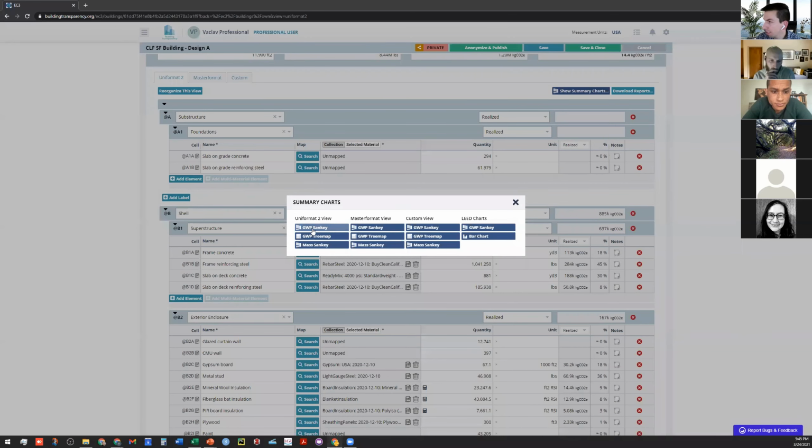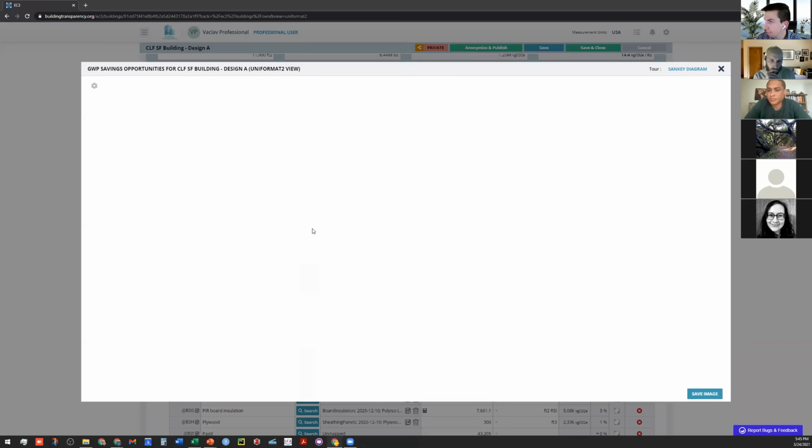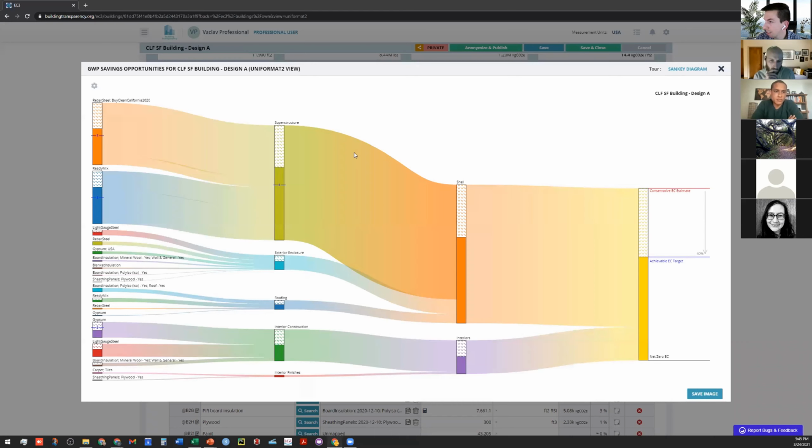There is another way that you can look at results, and it's the Sankey diagrams. Again, I will not go into too much detail on what this is showing, but we have the individual elements all the way on the left that you selected. So we have rebar, ready mix concrete, gypsum, insulation boards, etc. You get the point. And we also get how those connect into the different types of systems within the building.